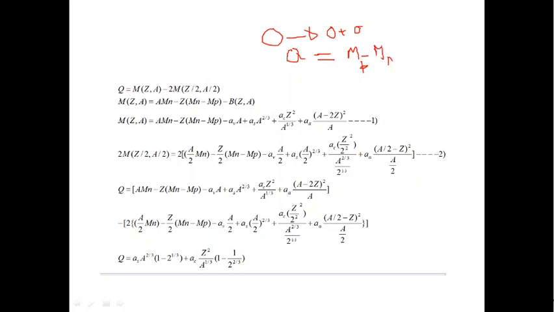Here there are two daughters, and we are presuming that both halves are equal for the mathematical purpose; the calculation will not be different if the two are not equal in size. So I'm taking the parent mass, and twice the daughter mass because there are two fragments, 2m, and they are divided into 2, so Z becomes Z by 2, A becomes A by 2. Now this is what I am going to be solving.